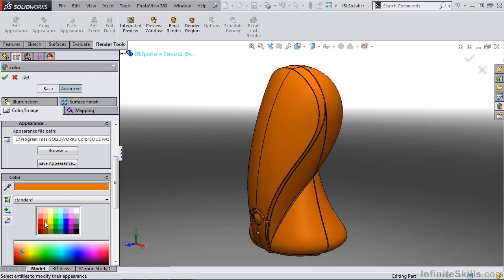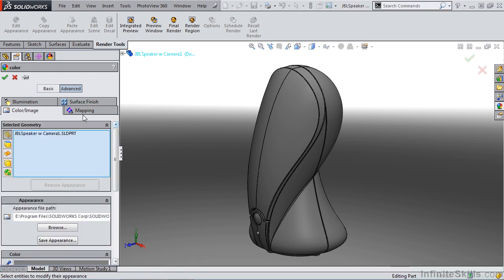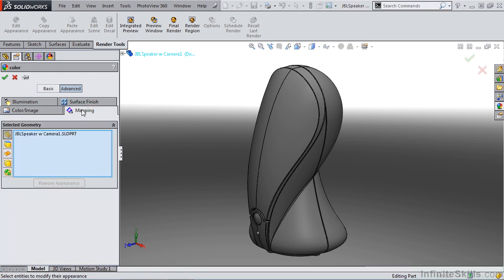We still have the same control over the color of our part, but we now have control over appearance path files. We can also save an appearance if we need to. If we scroll down, you'll notice that we still have the options for display states as well. We have a difference on mapping, which is important when you're dealing with things like patterned appearances. If you have a patterned appearance, then you most likely are going to modify the mapping of it to suit